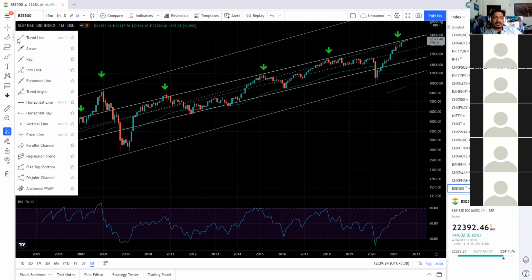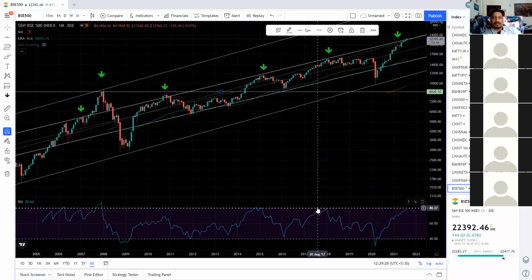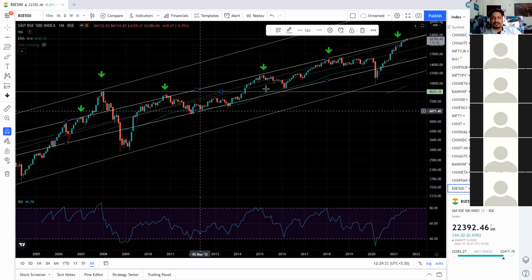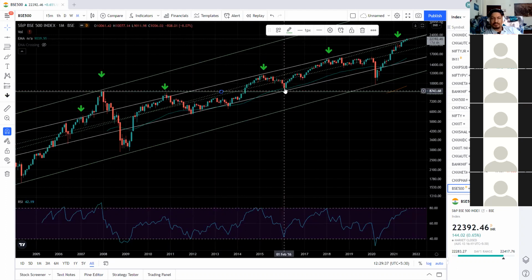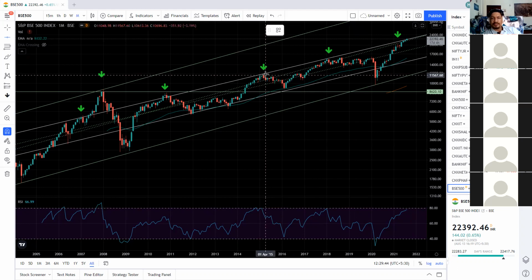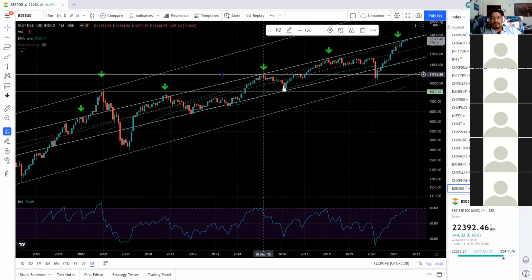So every time there will be some peak that will create resistance. Every time this peak was created, it has become resistance. When it broke, it took the same points almost as a support and went back. Then the next peak made that become resistance. I'm taking time on this one. Next, all charts we will see quickly because charts are already made.